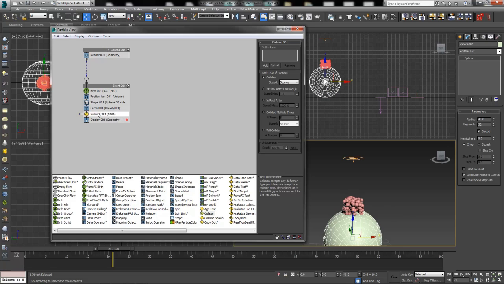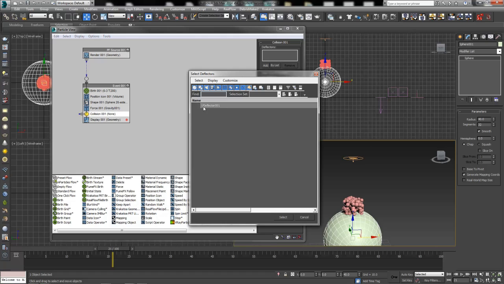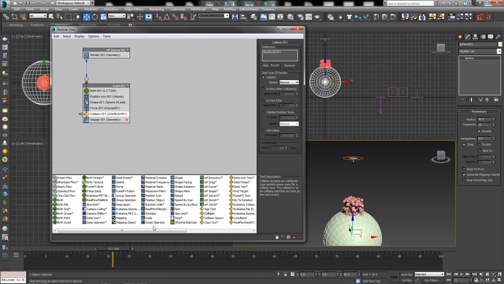So, to the collision, we will add by list our only deflector in our scene, which will be the U deflector. And we can tell these guys, it doesn't really matter, they can bounce fine. You probably don't need to bounce. We can just tell them to continue. We'll just leave everything default for right now. And okay, there's our first event. So this is where our particles are generated. If I'm smart, I'll come up here and rename this particle drop or creation event, or something that makes sense to you and whoever else you have to work with.